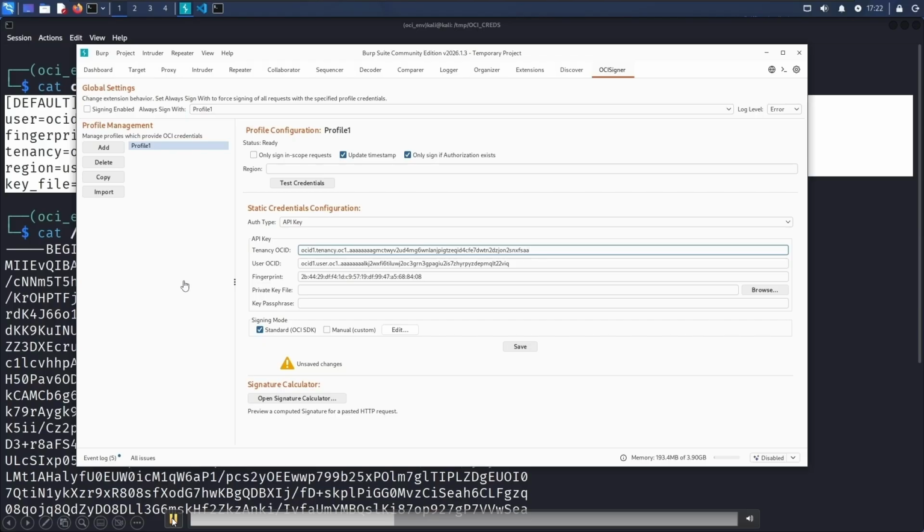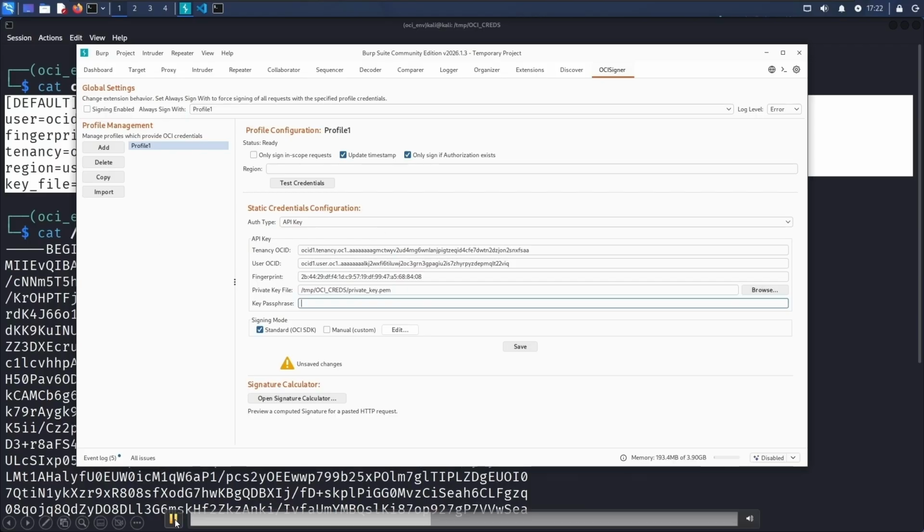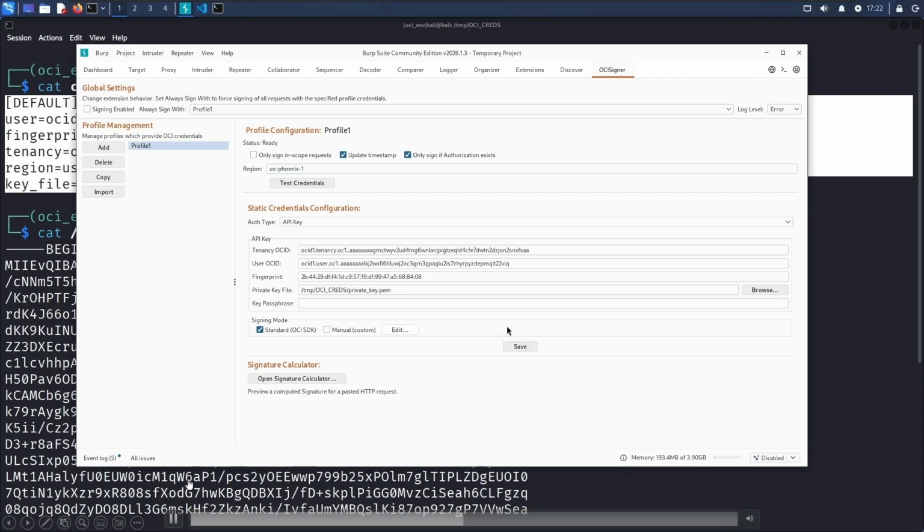I think it's just there in case you need it, but I don't know of a use case. And then tenancy OCID right at the top, so we have all our data here. The next section is putting in a region, so US Phoenix 1. Make sure everything is set up, and then hit save.